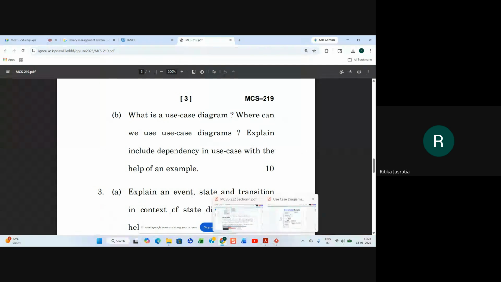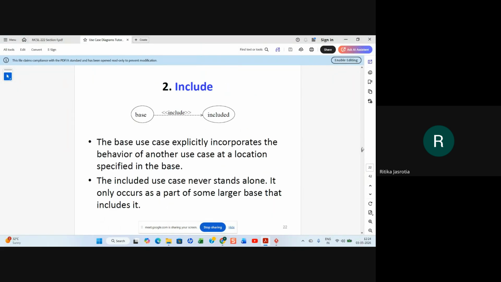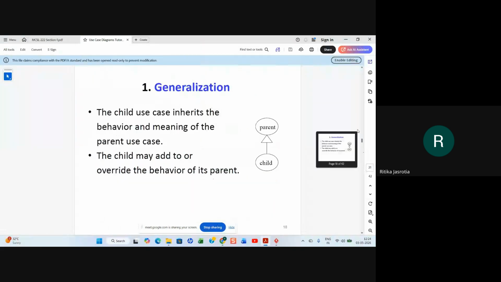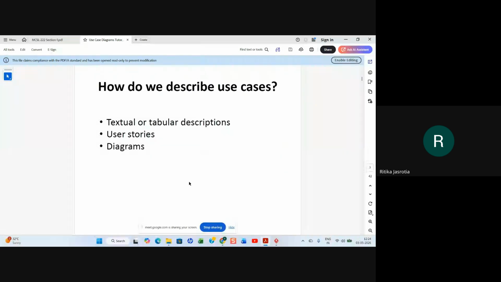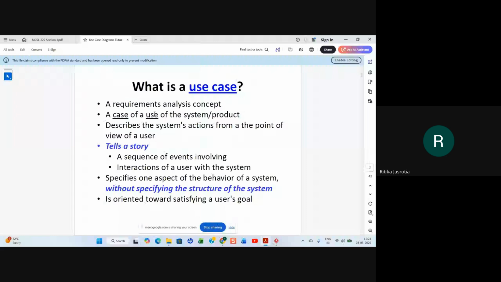In this PDF, the use case diagram usage is given. So what is a use case diagram? Requirement analysis case, that is okay. So it specifies one aspect of the behavior of a system without specifying the structure of the system.